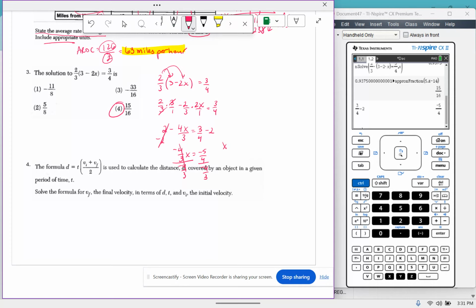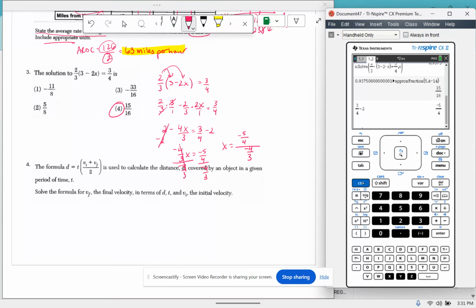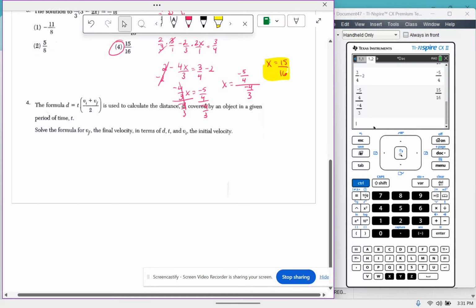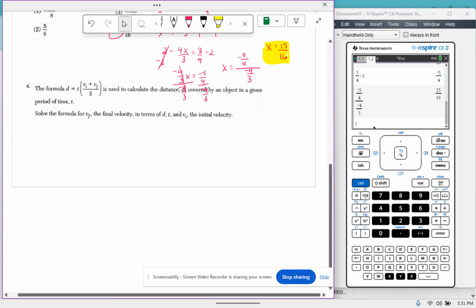Careful entering that into your calculator. It's going to look like a fraction up top and a fraction down below. So it's like control divide. Up top I have a fraction, and then below I'm going to have a fraction. So up top I'm going to have negative 5/4. And then down below I'm going to have negative 4/3. My answer is 15/16. Okay? All right, and then last but not least, it says the formula D equals T times, and then all this stuff in parentheses,